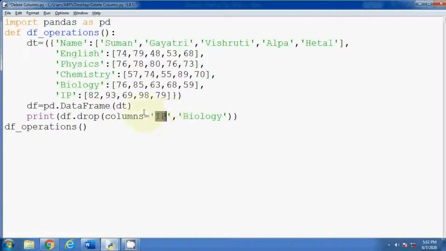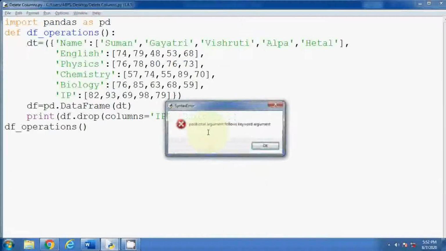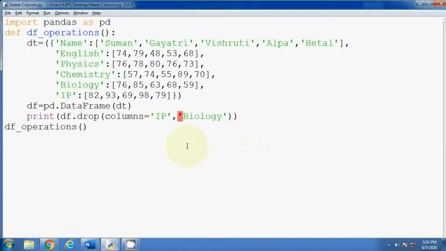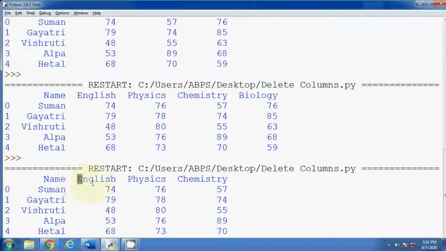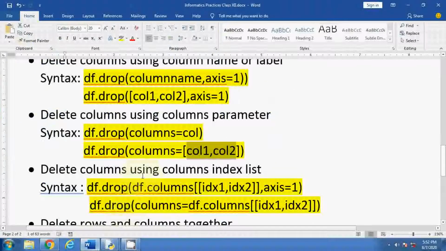Let me check what happens. See, it is showing one error: positional argument follows keyword argument. Okay, so here we have to provide a list first. So it is done. So column order does not matter whenever you are writing df.drop with columns equal to.